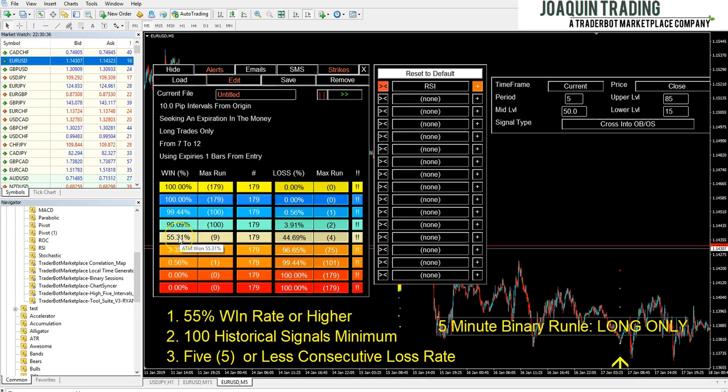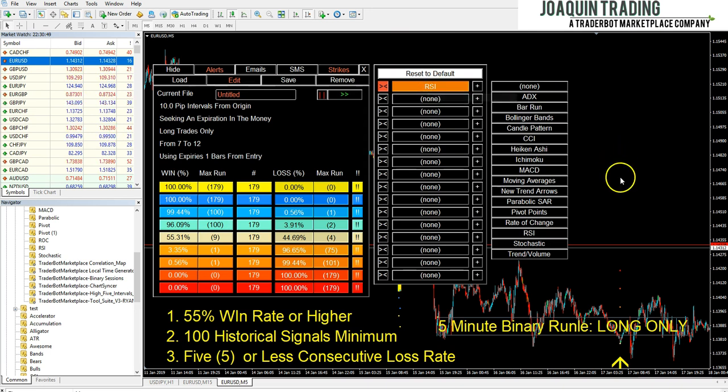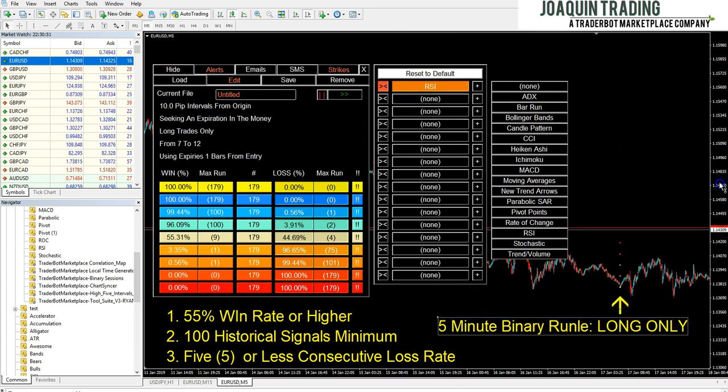One thing to remember about 5-minute binaries: you've got to get in. You have got to be right there, prepared, and that's why whenever you use something like the RSI, load the chart on there too, because if you load the RSI indicator on there,